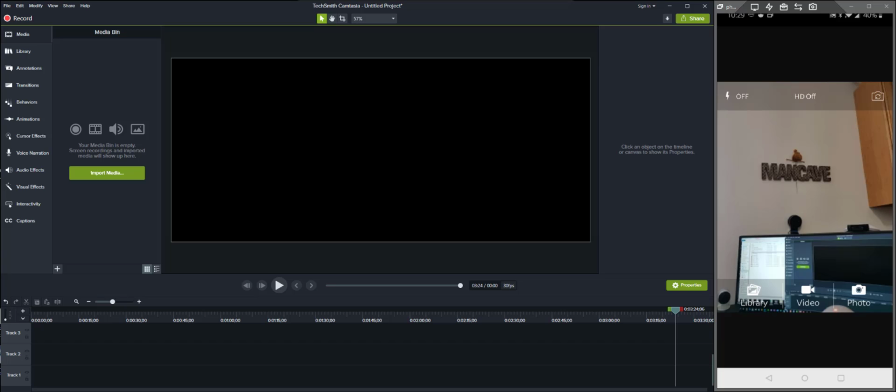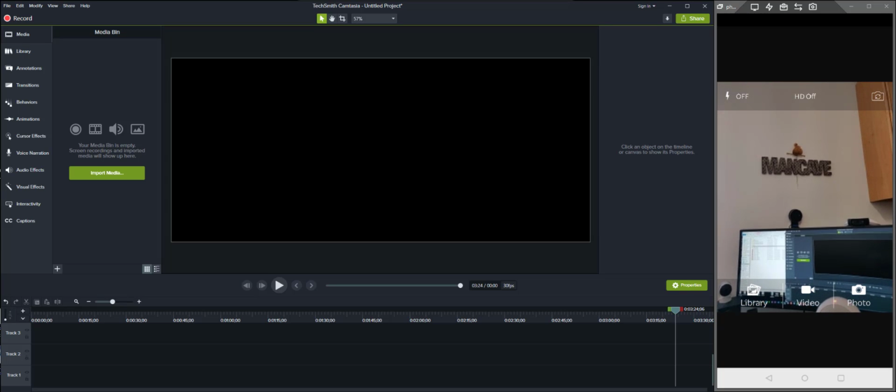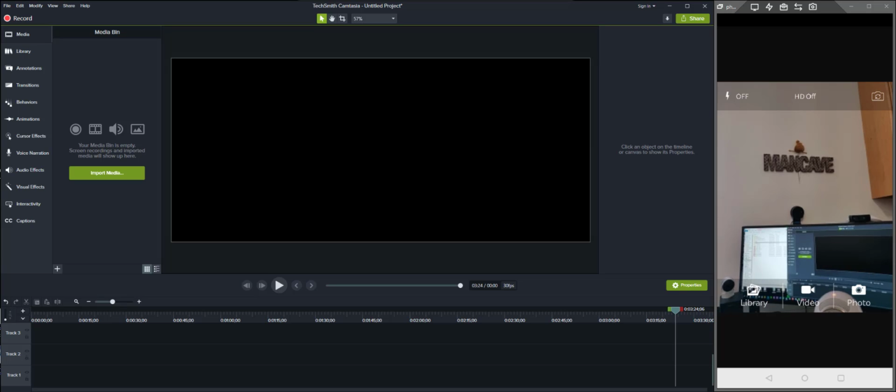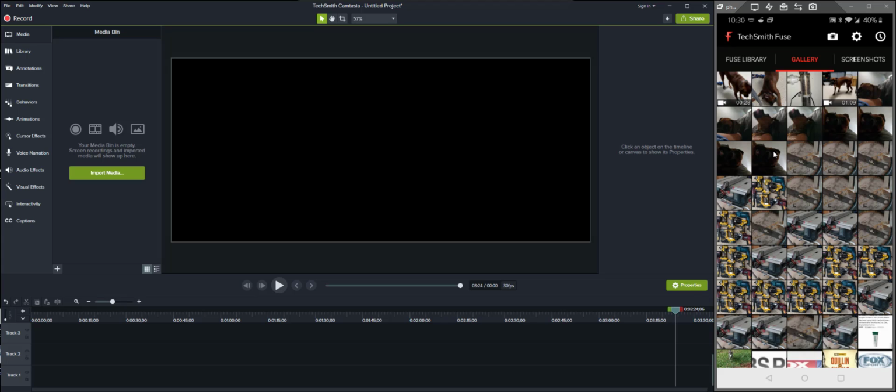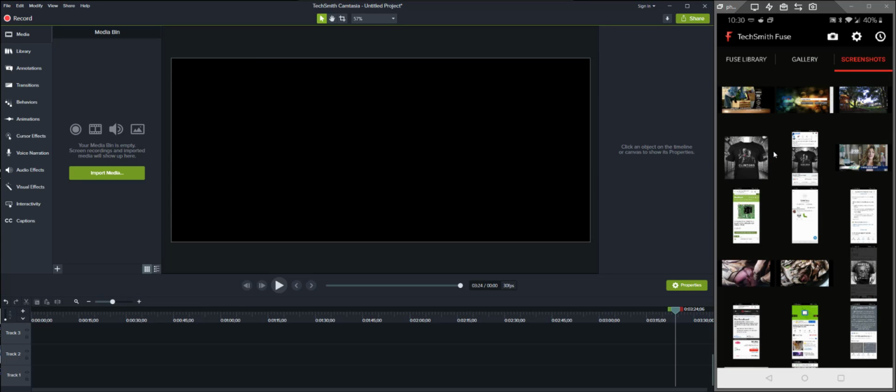So once it opens up, you have the option for library, video, and photos. Let's click on library, and it's going to open up. It'll show you your Fuse library, gallery, and screenshots. So whatever you've taken a video of or picture, when you go to share it to your Camtasia or transfer it, it'll save it into your Fuse library. Then from here, if you go into gallery, it goes into your photos in your phone,